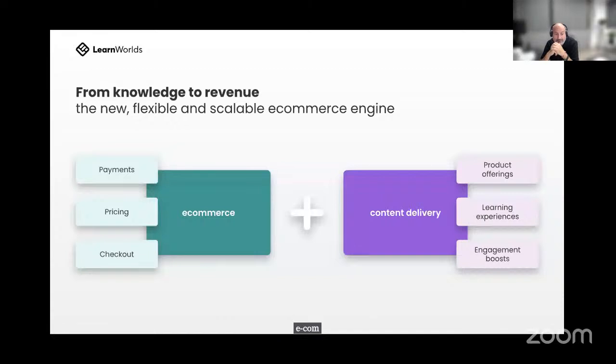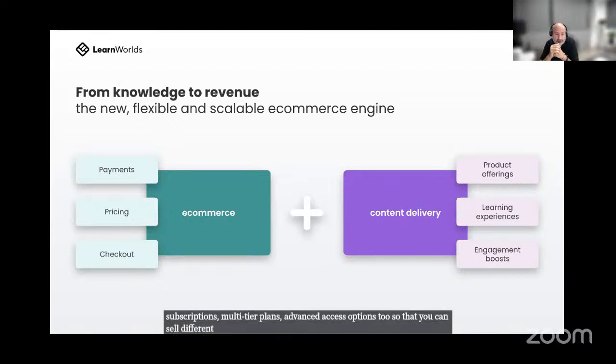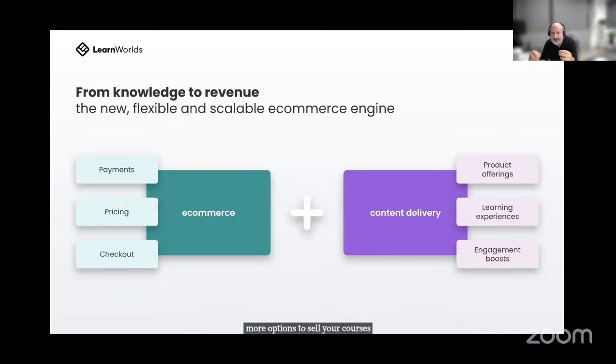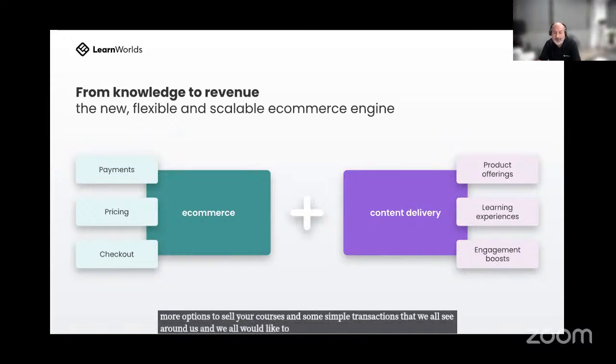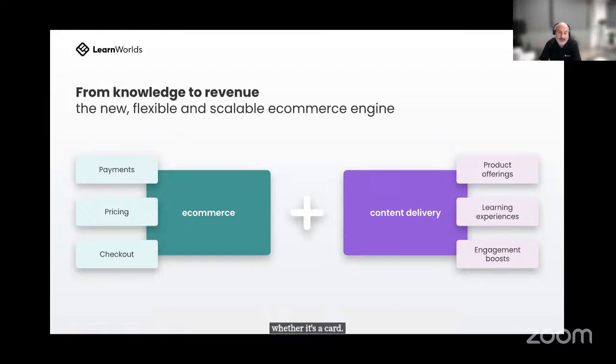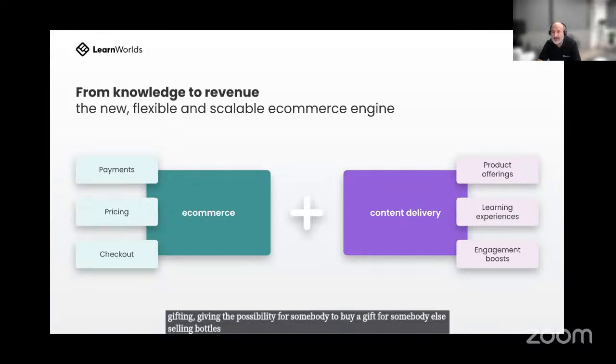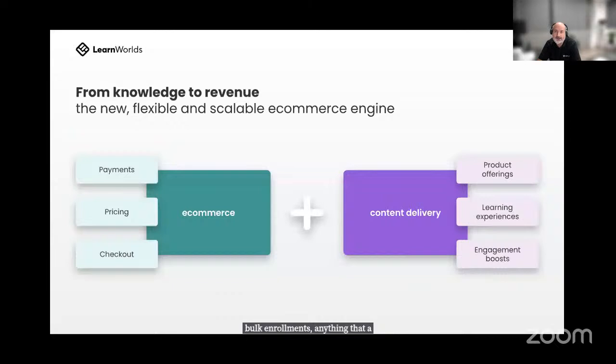E-commerce features like flexible pricing, subscriptions, multi-tier plans, advanced access options so that you can sell to different users and different audiences, more options to sell your courses, and some simple transactions that we all see around us and we all would like to add to our schools, whether it's cards, gifting, giving the possibility for somebody to buy a gift for somebody else, selling bundles, bulk enrollments, anything that a B2C or B2B business would ever need to package and distribute their courses.